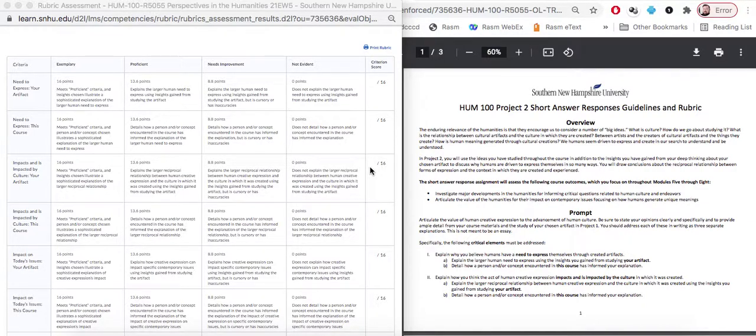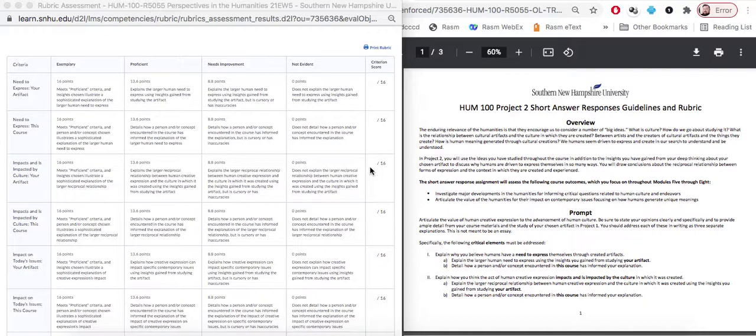This last project, what we call Project 2, is based on both your chosen artifact that you used for your Project 1, but it's also based on what you've learned in the course. So, really, this last and final assessment, measured by your ability to give some short answers to some questions, is looking to see how far you've come in your development of understanding your chosen artifact, as well as the concepts from the course. So, just to read you the overview